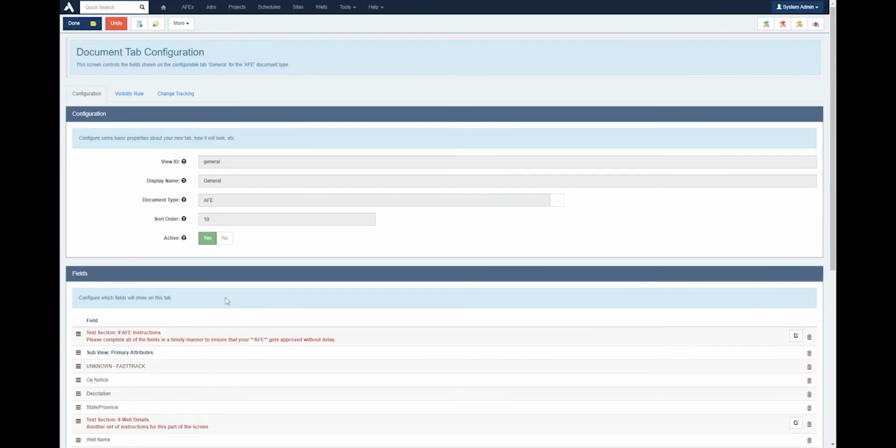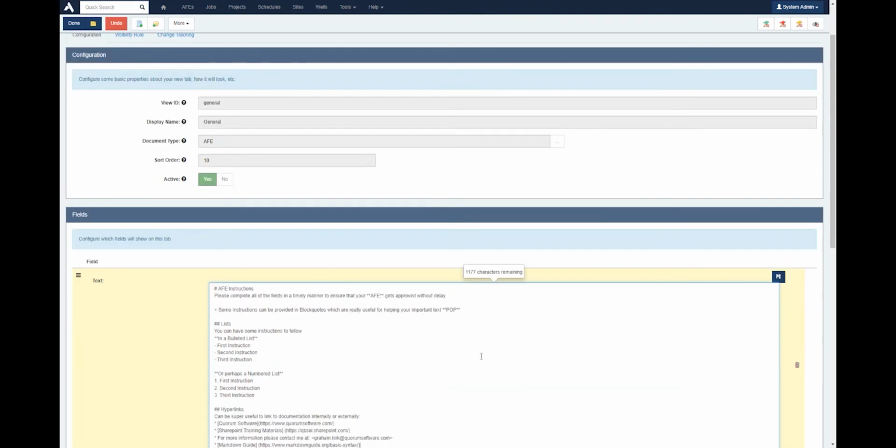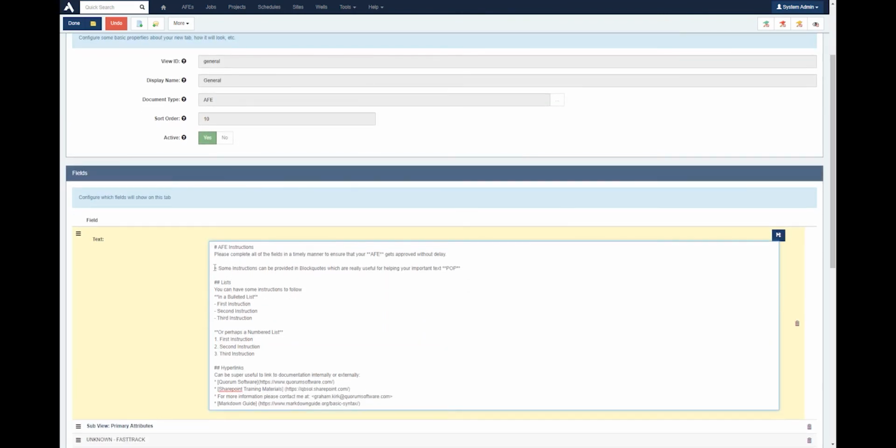So just to give you another example here, I'll go in and I'll edit my initial instruction here, and we'll add quite a bit more text to that. So I'll throw in what's called a block quote. So this little angle bracket shows that this will be in a block quote format. We've got a couple of different lists here. We've got another bulleted list that will be first, second, and third instructions, or maybe a numbered list that will be 1, 2, 3. And you can also include hyperlinks with a title and then the link hidden behind,